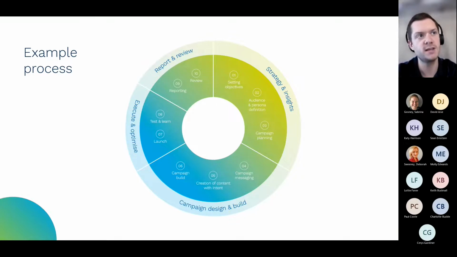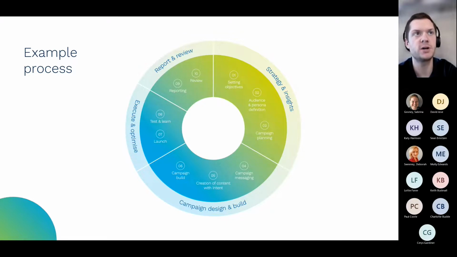Then we hit section 3, the execution and optimization phase, which is where really we have to focus the most time and effort understanding the data in front of us. So understanding who is and who isn't engaging, what they're engaging with or what they're not engaging with, and really understand and absorb and consume all the insights that we're presented with. So we go to market with 3 initial ads, for example. Which one is performing best? What's the engagement like? Why do we think that one's performing best? What can we do to make the other 2 better? And what can we learn from that better one?